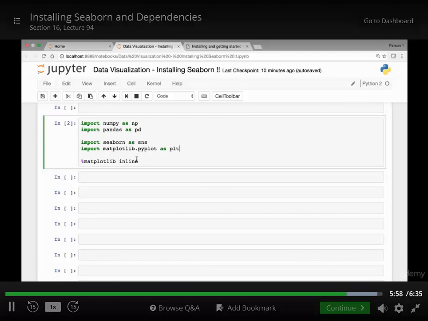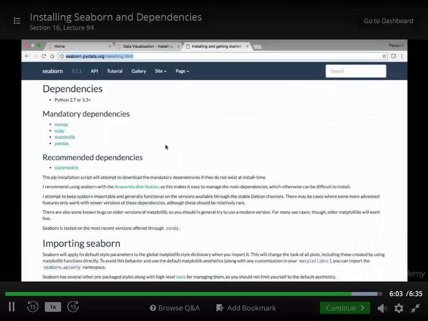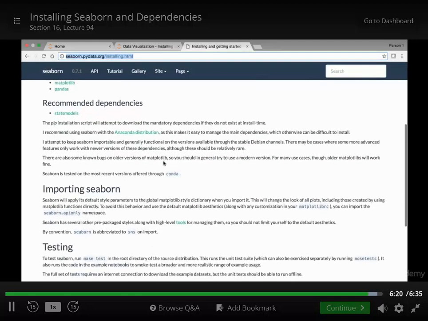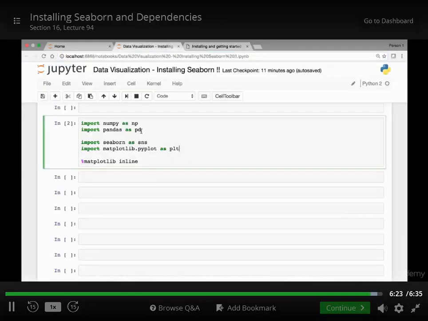So just to summarize, we looked at how we can install Seaborn and the dependencies. We saw that Seaborn is a library used for visualization. And once we installed the mandatory and recommended dependencies as well as Seaborn on our machine by using the pip install command on our terminal or command prompt, we imported the libraries and modules that we need for visualization. In the next lecture, we'll start by presenting data